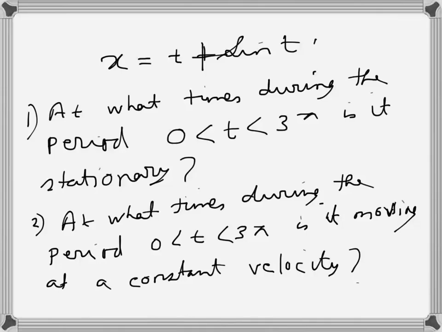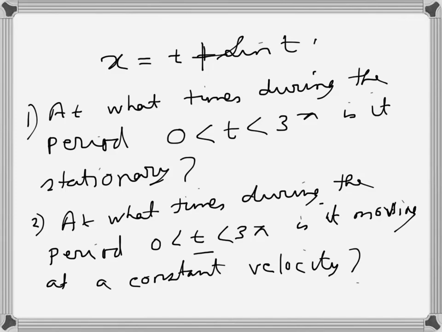The displacement of a particle is given, x is equal to t plus sine t, and we have to find at what times during the period t 0 to 3 pi the particle is stationary, and then at what times during the period 0 to 3 pi, t, is it moving at a constant velocity. So for the first part, let's just find the velocity first, because when the particle is stationary, that